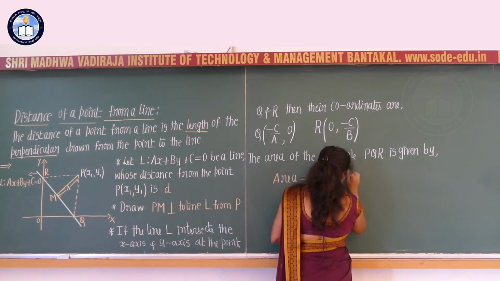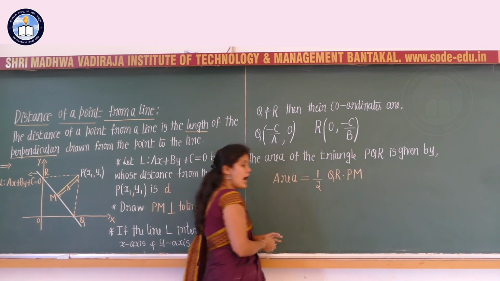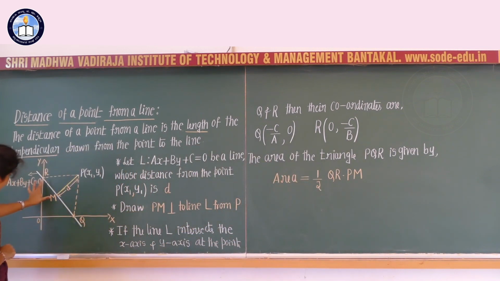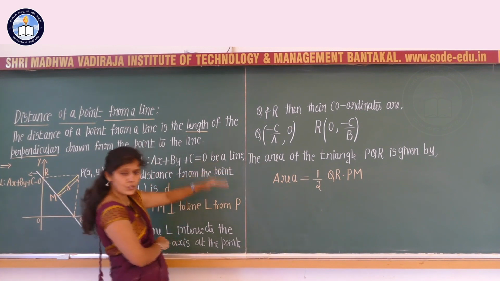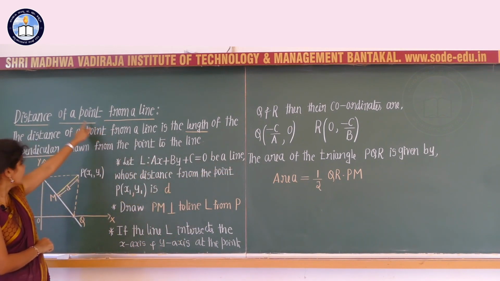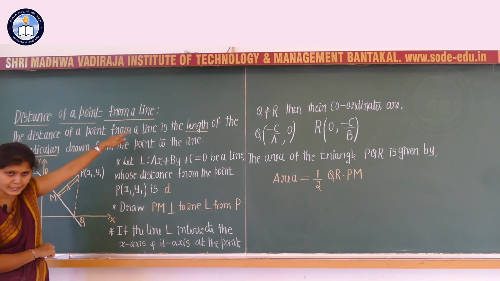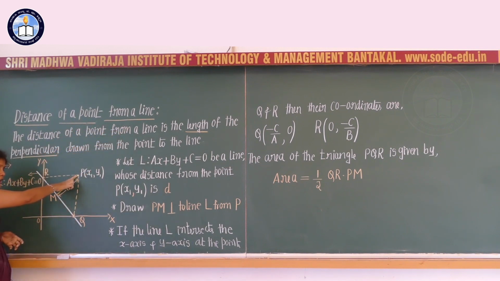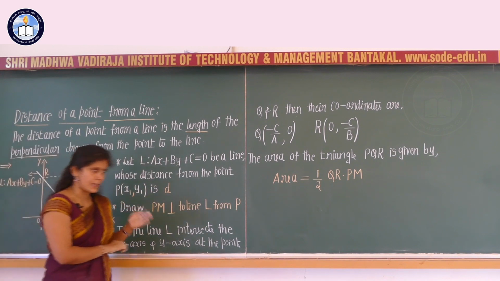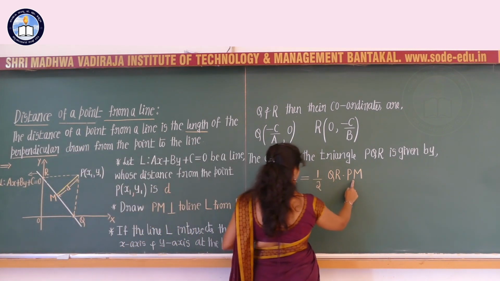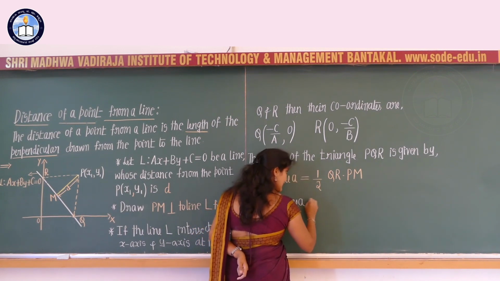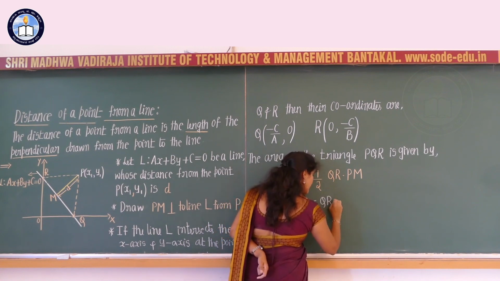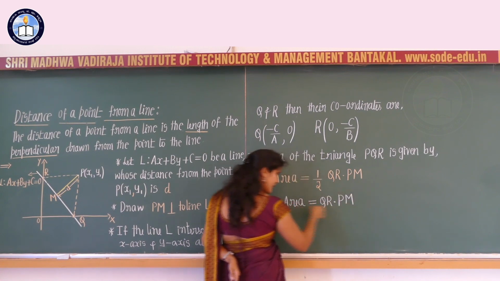into PM. Area of the triangle is given by the formula half into base into height, half into base of the triangle, that is QR, into the perpendicular height is here PM, into PM. And what we should find out with respect to this theorem, that is distance of a point from the line. So, distance of a point from the line means I should find out PM, length PM. So, therefore, I can write expression for PM. So, this you can write it as 2 times area of the triangle is equal to QR into PM. Directly you can write, no need to write this step.